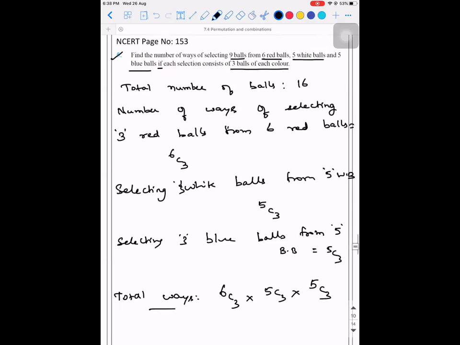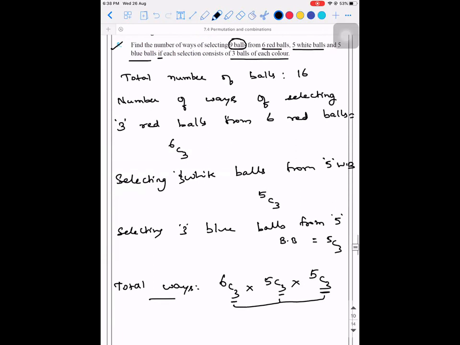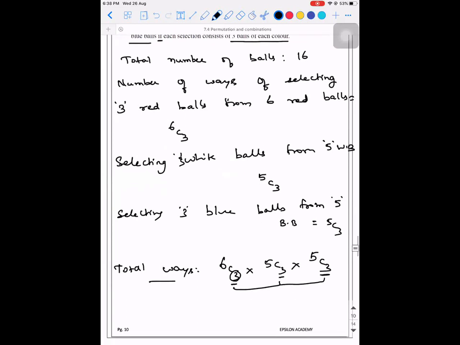How will you know whether your answer is right or wrong? The bases, there is the C3. Yes. If you add all these bases, you should exactly have the total number of objects that are to be selected. 3 plus 3 plus 3 is 9. So that is possible only in the case of multiplication. In the case of addition, you will directly have a 9 here. Okay, that is another way to visualize. Good. You can mute yourself.